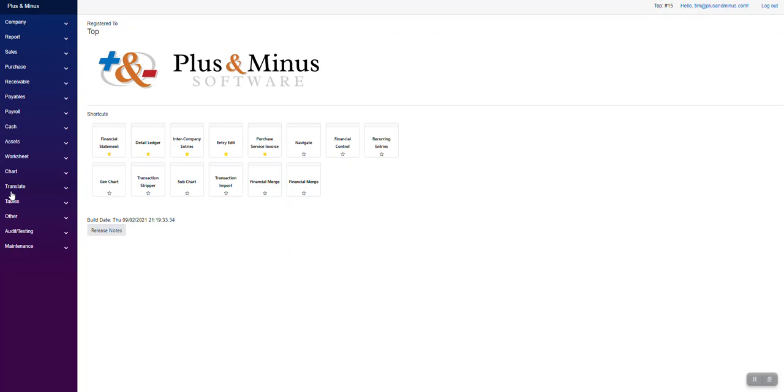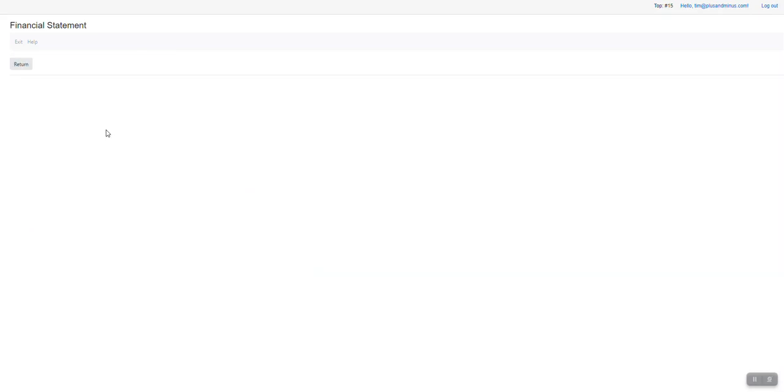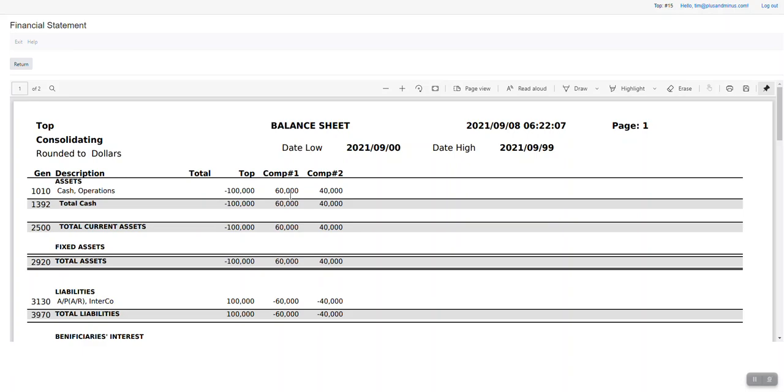We're going to go to report financial statement, which is right here, and we're going to use preset cash AR AP intercompany. We'll select the current month, which is already done, and we will show you the transactions. We're going to select preset number 5, consolidations, the current month. Let's click report, and you'll see that we've transferred